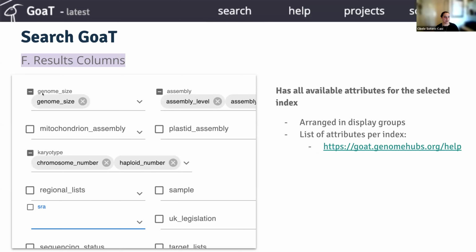So inside genome size, there are, I think, 5 different types of attributes. So genome size from k-mer counts, genome size estimated with k-mers, genome size based on c-value method, and then you can put them in combination. You can say, okay, give me only results of genome size from flow cytometry of the taxa. You can select those columns and then click on everything.